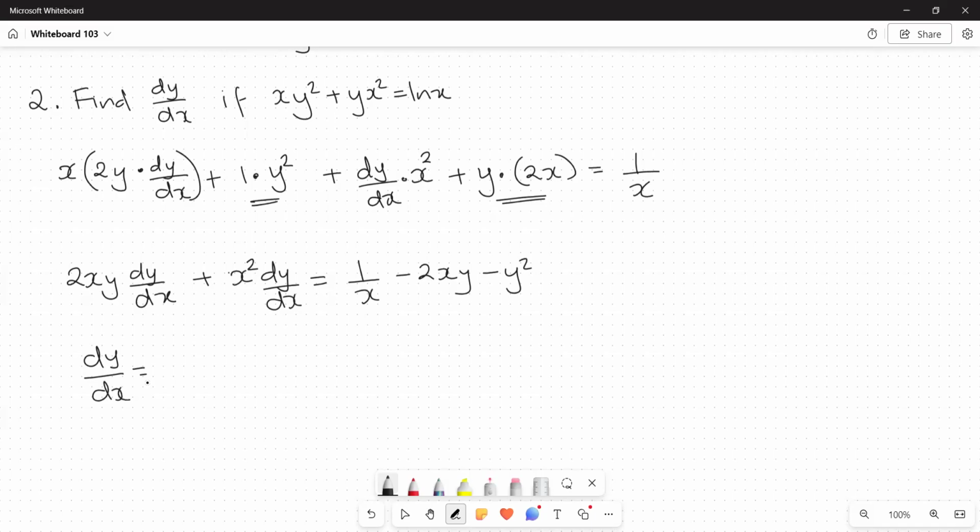This is equal to, what's the factorize? 2xy. So try not to skip any steps. Okay, and then when we divide by this bracket here,